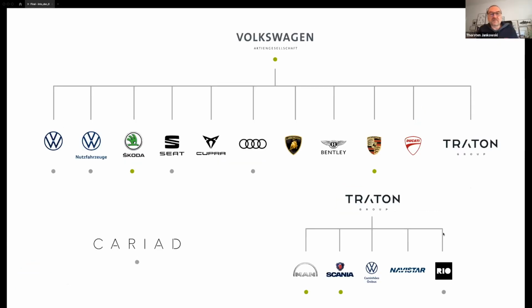So this is the Volkswagen Group with its brands. For example, Audi and Volkswagen are bold brands, so they are super proud of their brand experience. Skoda, Seat, Cupra, Lamborghini, Bentley, Porsche: these are iconic brands. And this is also the challenge when you are talking about design systems or multi-brand design systems with such bold representatives of a brand, because you cannot apply one structure to all of them, because they want to establish